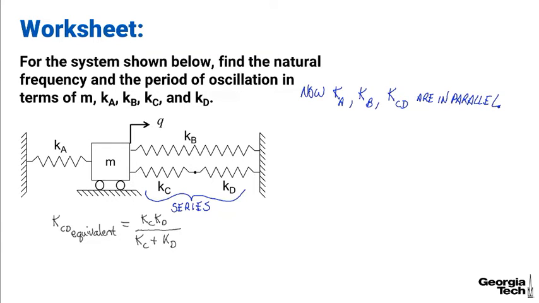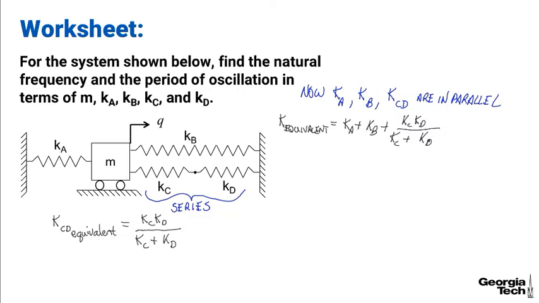And so the overall k equivalent now is equal to k sub A plus k sub B plus k sub C, k sub D over k sub C plus k sub D. And so we now have